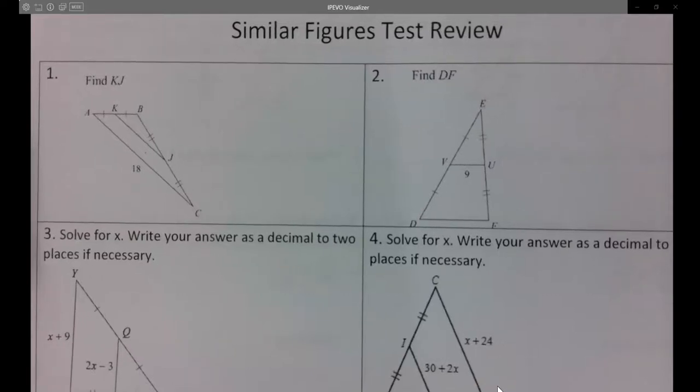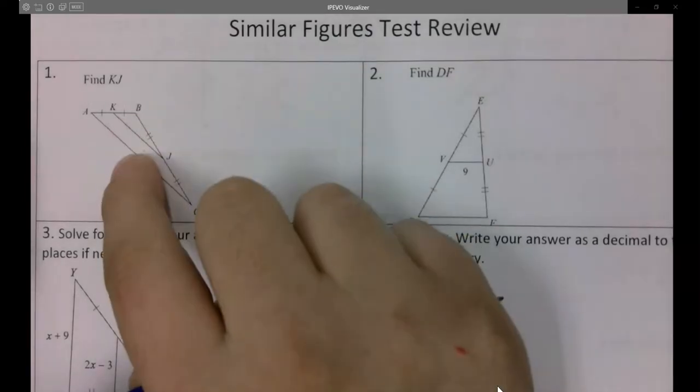Alright, so in this video I am going through the similar figures test review. Numbers 1 and 2, these are the mid-segment theorem. So remember, the mid-segment theorem states that if I have a line that is parallel to the other side and